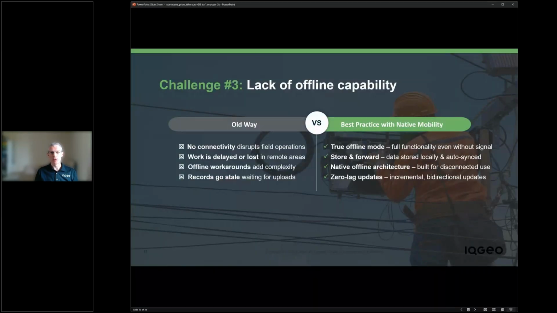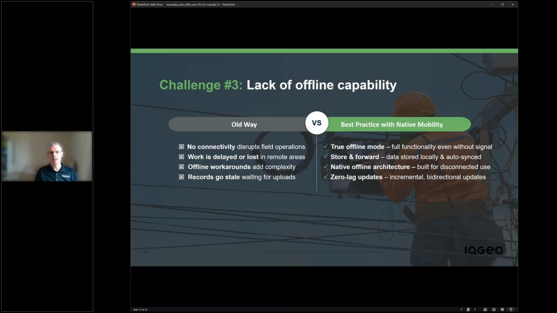From our perspective, that's within the DNA of our application. We've designed this from the ground up to be a native offline solution. So we're not just caching a little bit of information where the user is currently located. We're able to provide complete offline coverage, and that's often because we've been providing support in our utility line of business in outage situations, in storm scenarios. So obviously there, in that disaster recovery situation, you can't rely on connectivity at all. So being able to have that offline view of the network is very important.